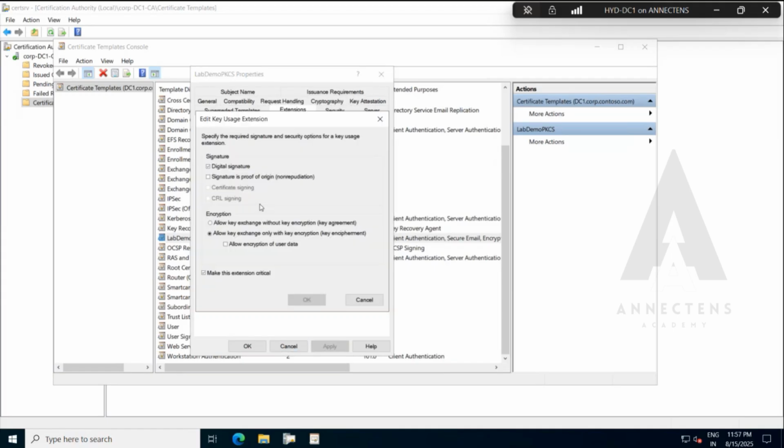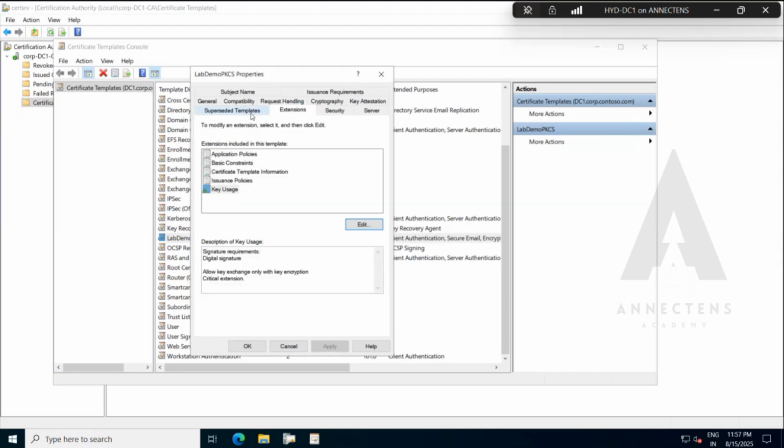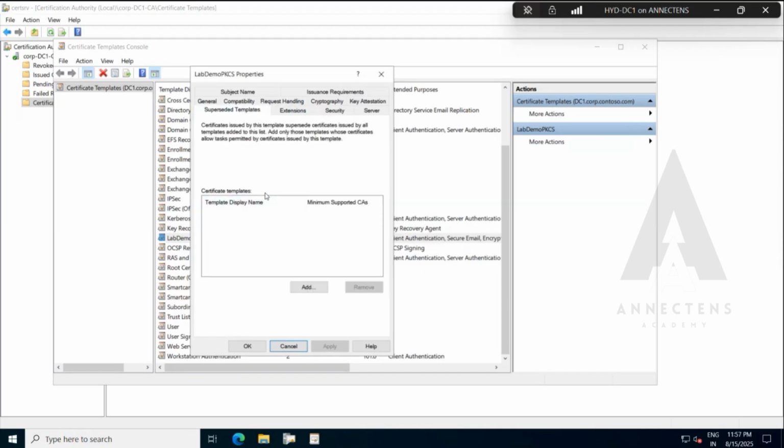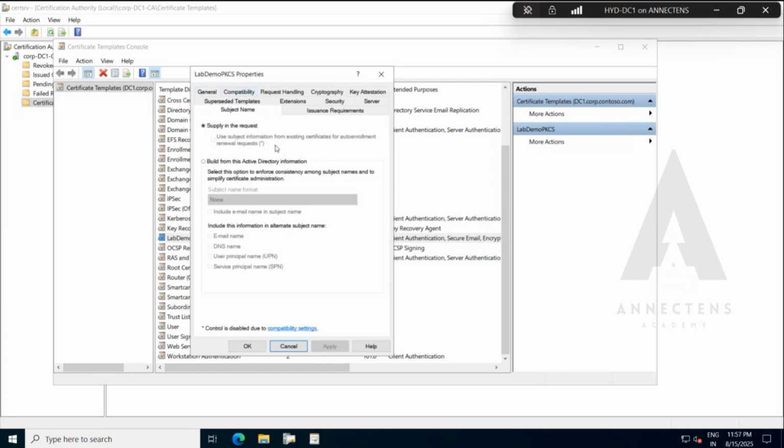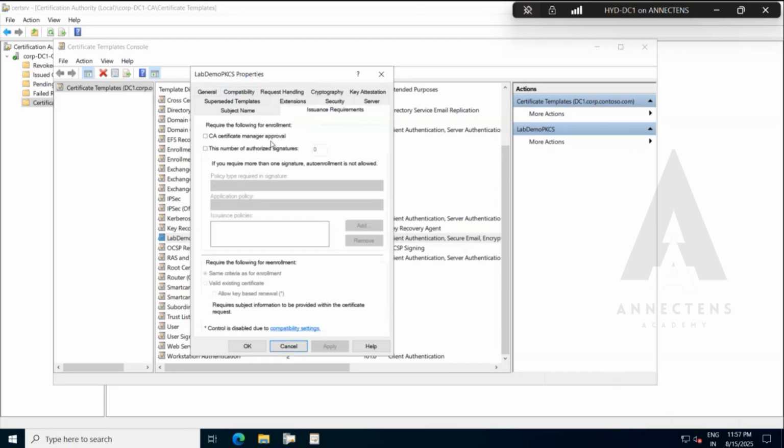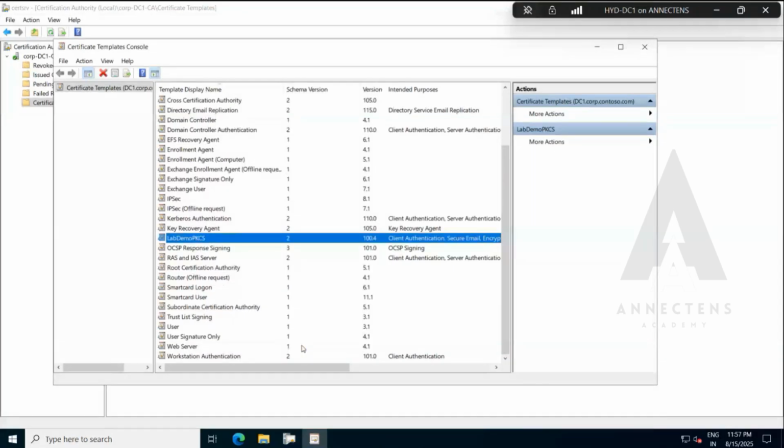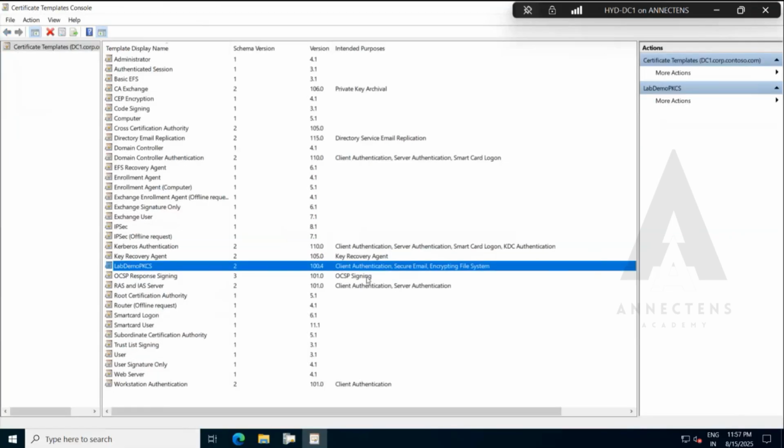Key usage, ensure this is not checked, and these are the default settings. Superseded template, nothing I have to mention as superseded. Subject name, I have changed this to supply in the request. Issuance requirement, I have kept it as default. Okay, so this is my certificate, which is to be used for the deployment of client authentication and secure email and